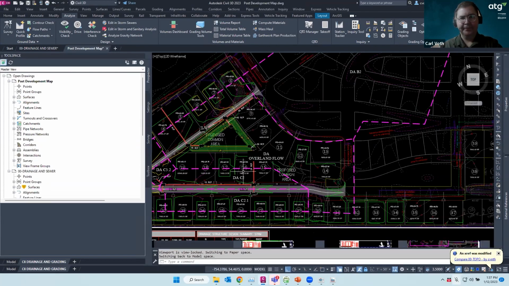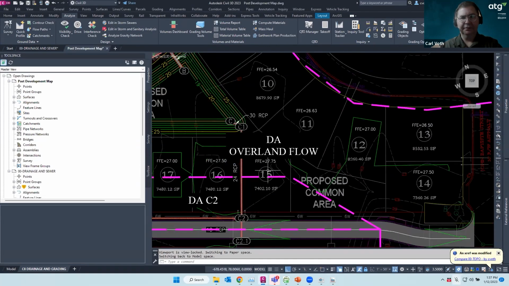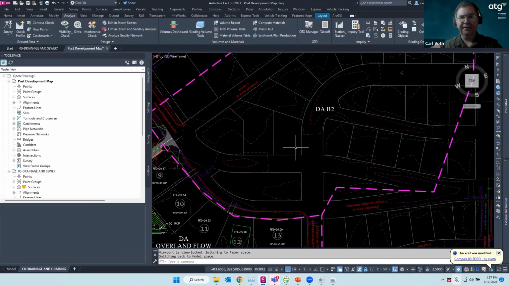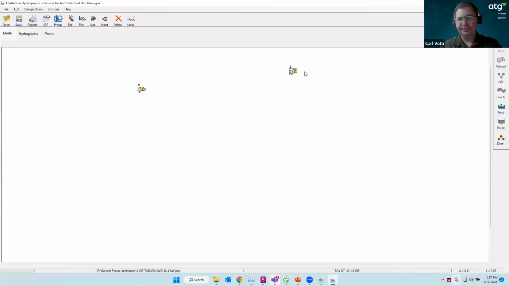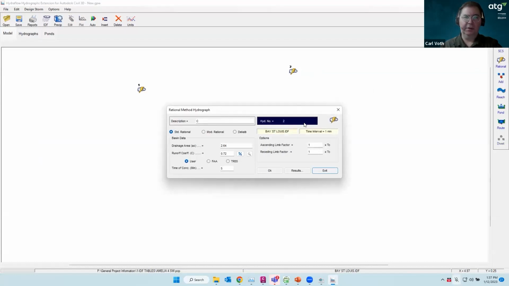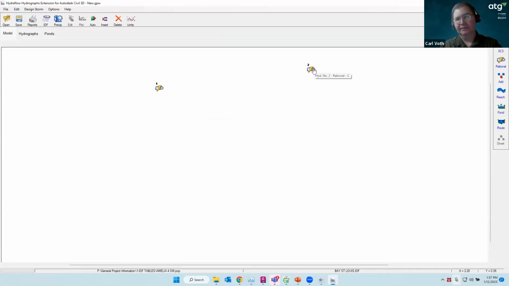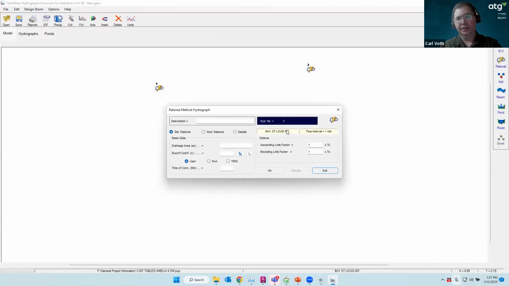All right. So I've got some overland flow here, and I've got that basin 2 area as well that's off-site. So we're gonna go through and add in our new one. Sometimes this happens: if it's been selected before and then you go to create a new one, it'll pop up. Make sure that this keeps going up and that you have a new one, because a lot of times it's a little finicky. So we're gonna call this one B,